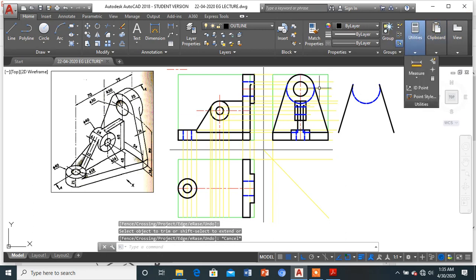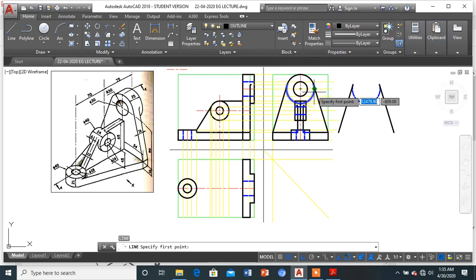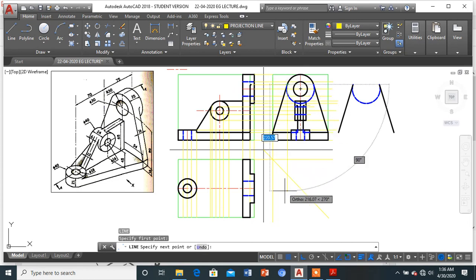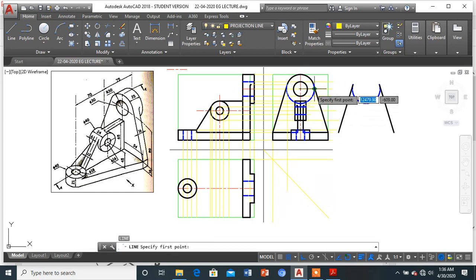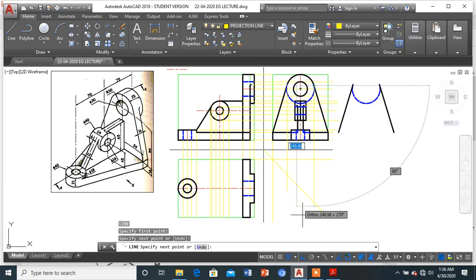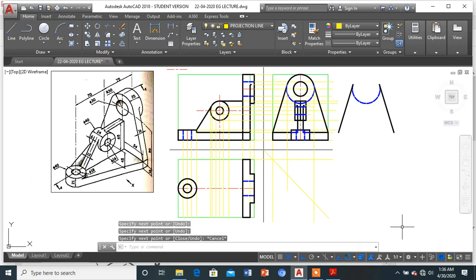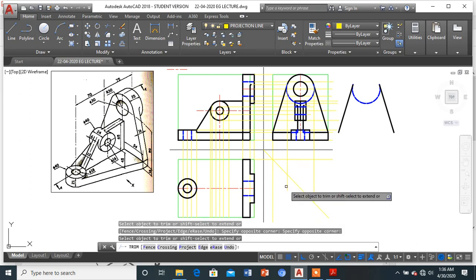So let's just project these tangent points back, so that we can get the tangent points over here very easily. So I can get this as the first tangent point, and even this as the second tangent point. Once we are done, I can simply trim out the part which I don't require.